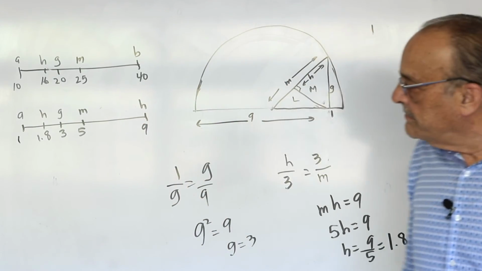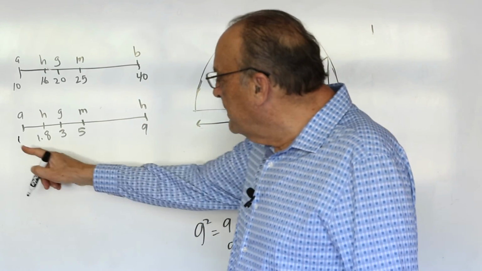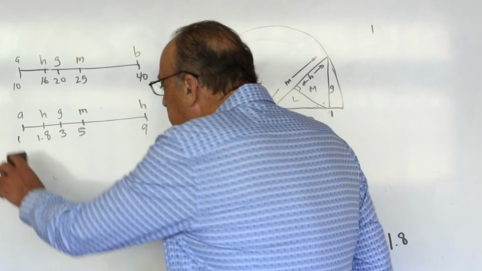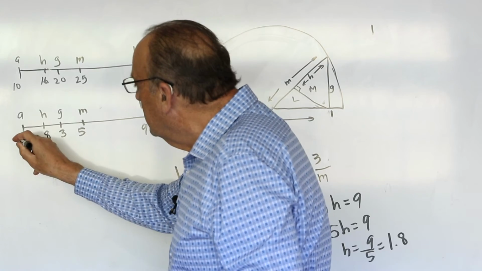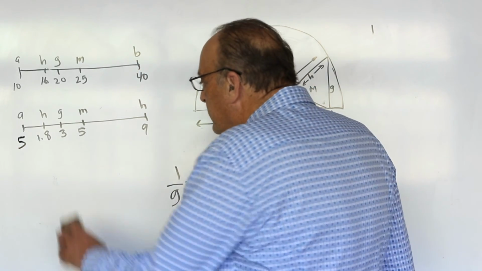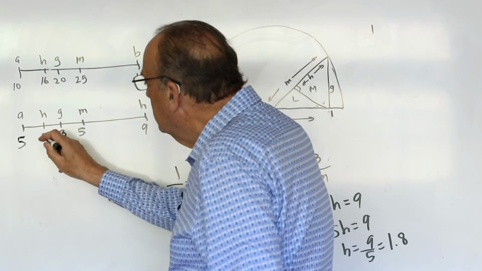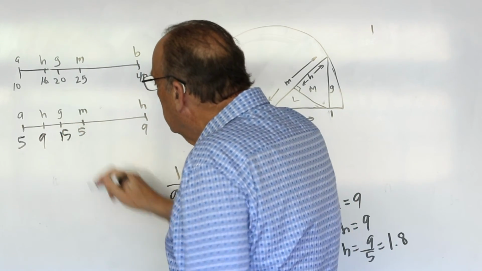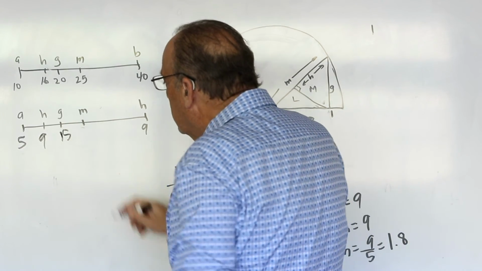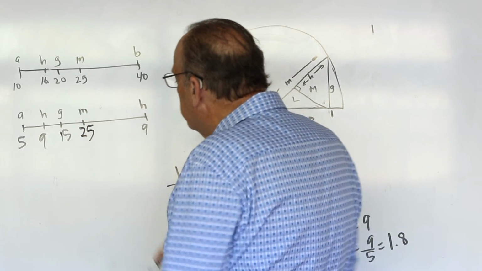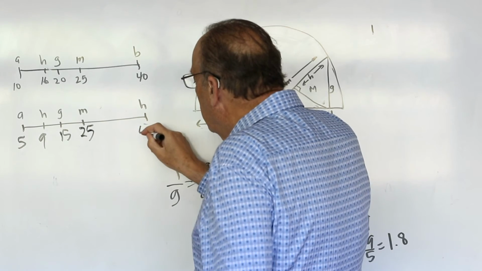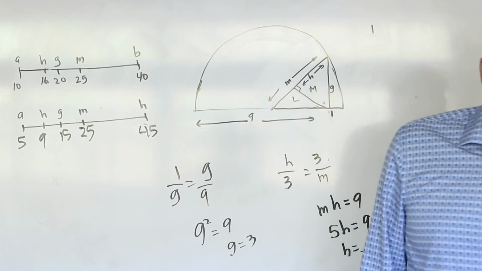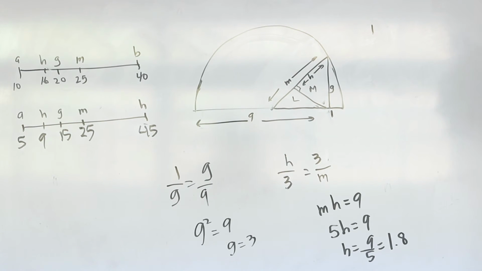And to get everything a whole number, we can times by 5, 5, 5, 5, and 5. So we'll get, replace the 1 with a 5, and replace this with a 9, this with a 15, this with a 25, and this with a 45. So both of these, which I had given to you earlier, came from the 3, 4, 5 right triangle